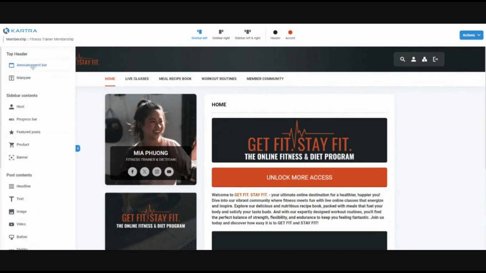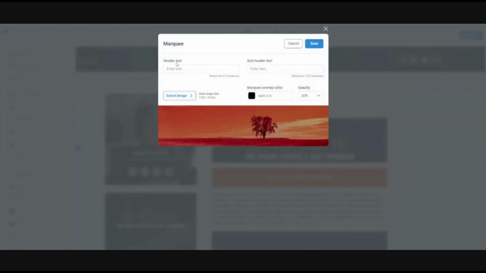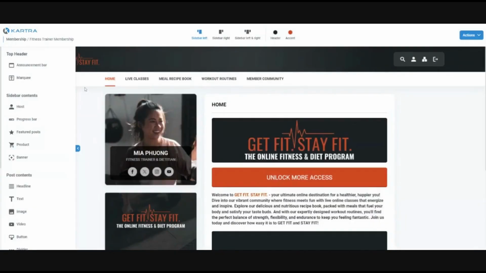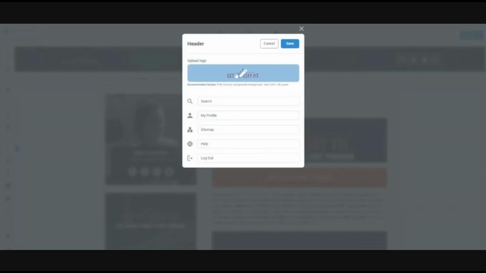So the top header, we can add things like an announcement bar to the top if we want. And this is just a highlighted bar that'll show up and give an announcement or anything that you want to display there at the top. A marquee, which lets you put a nice little background image and some header text if you want to give a little more branding. And then you just have your logo here, which is in this navigation menu at the top. So you can upload your logo and change